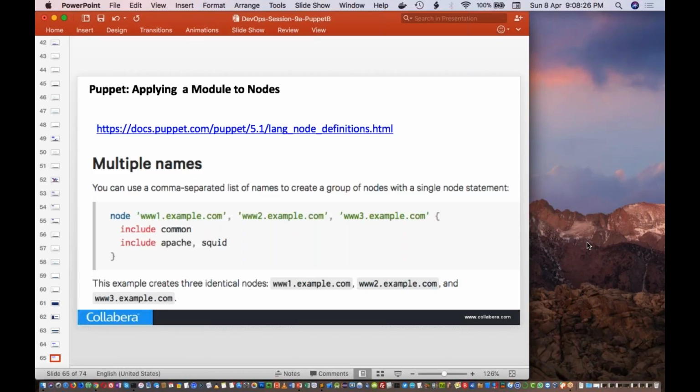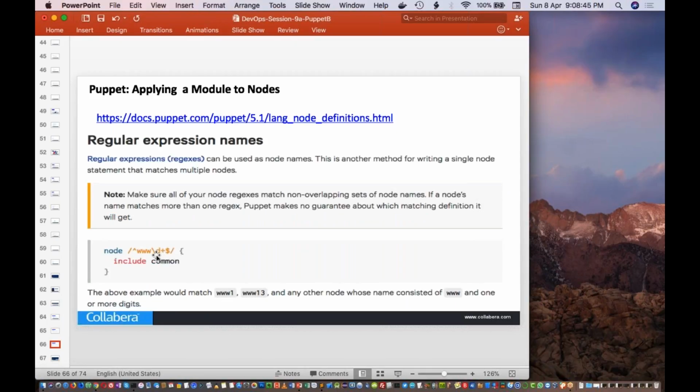Ajinkya is asking .erb is the extension of the template file. Yes, Ajinkya, .erb is the extension of the template file, the Ruby template file. Now inside the site.pp, you will be able to use multiple nodes, comma separated nodes. You will also be able to use regex expressions inside the site.pp. All those things are possible.